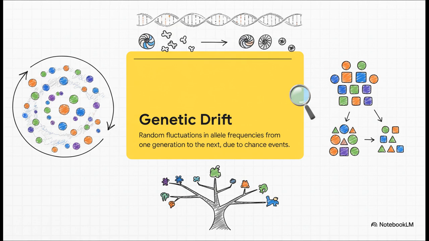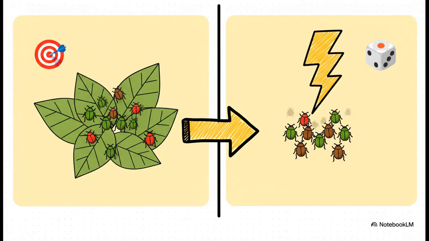And this process has a huge impact, especially in smaller populations. So here's the deal, and what I think is so cool about this. In a huge population, selection is usually the top dog, powerfully pushing the population towards being better adapted. But in a really small population, the random roll of the dice from drift can actually take over, sometimes locking in traits that are just neutral or even a little bit harmful. They're both always happening, but which one is in the driver's seat really depends on the situation.